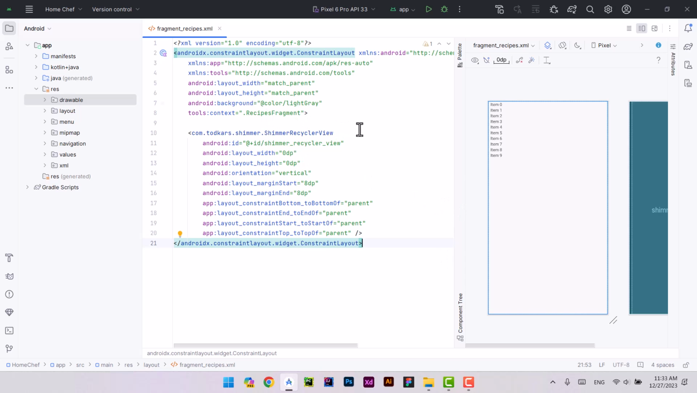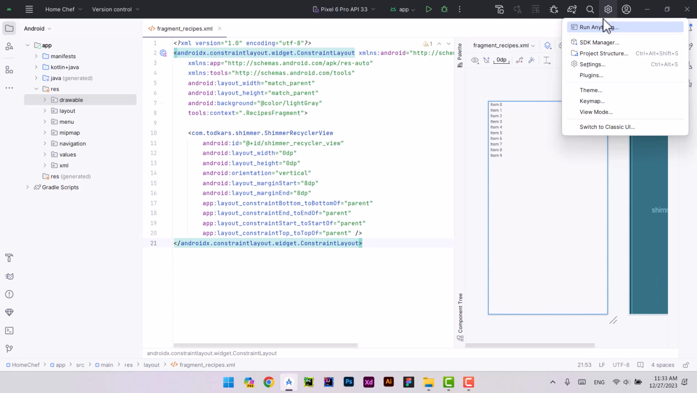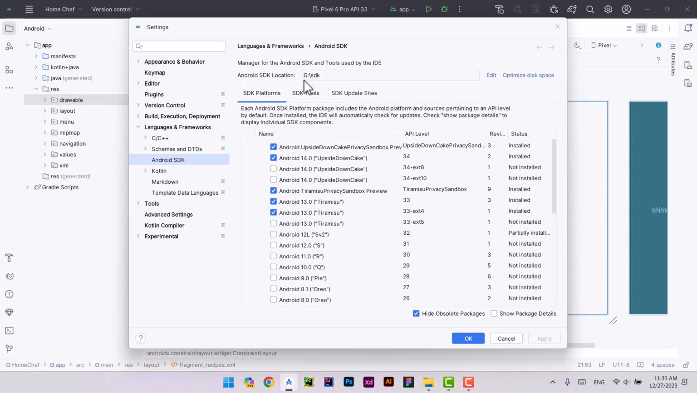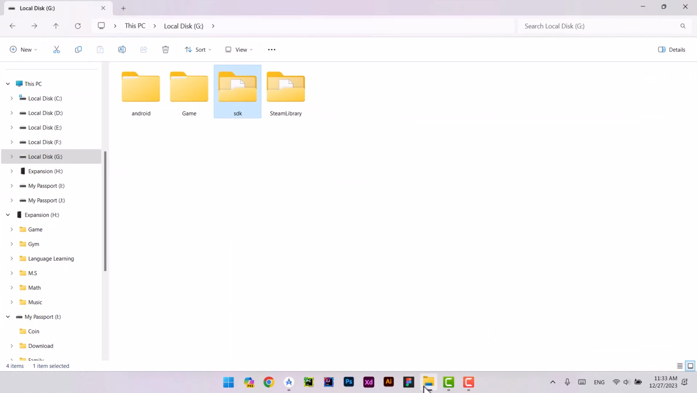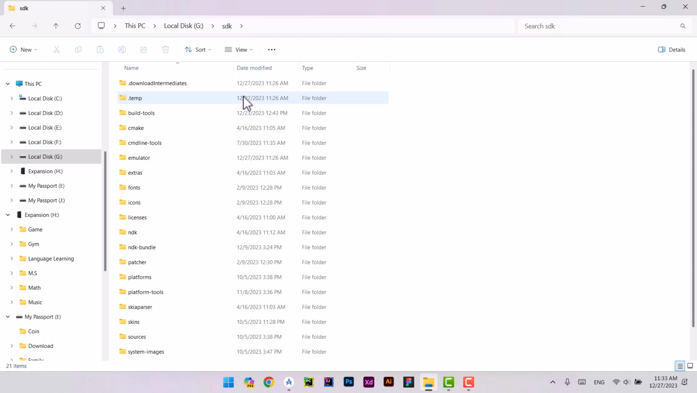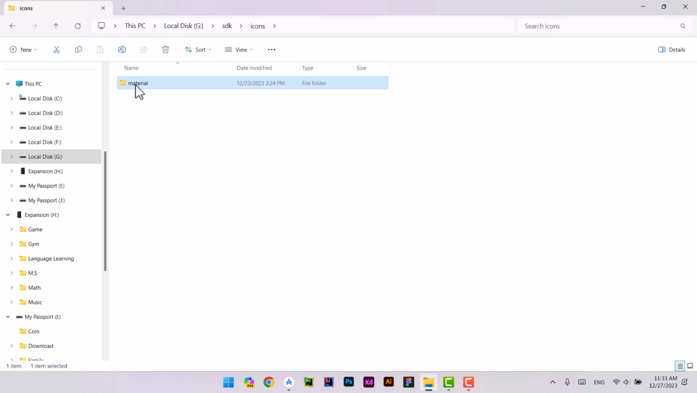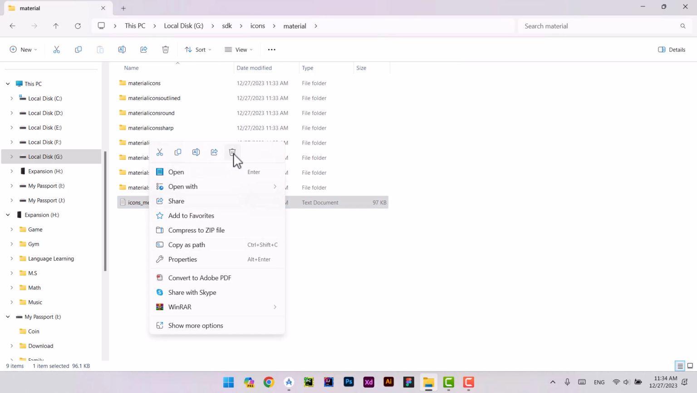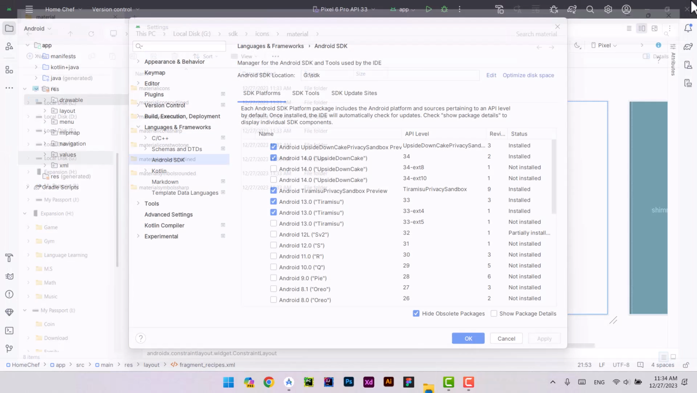To find your SDK location, you can simply click on SDK Manager, and on Android SDK location, you can see where you are using and storing this SDK. So I open my SDK folder, I go to icons, material, and as you see, there is a file here, icons underline metadata. So by simply deleting this file